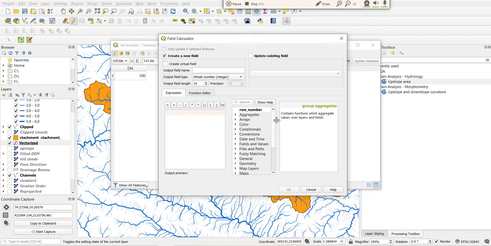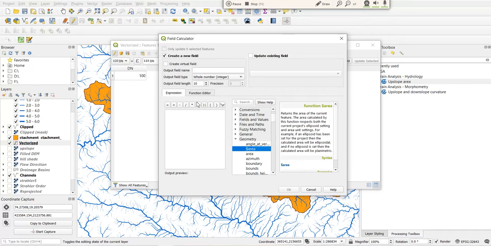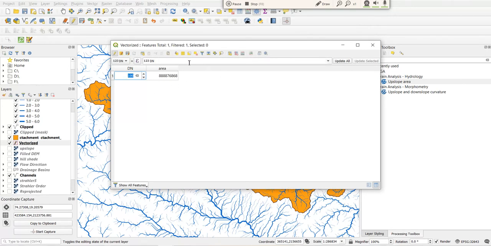We need geometry, and in geometry there is area. Let's say the output field name is area. You can calculate area here. Just double click it, and you can see here that it's 888 square kilometers. So this is the area of the polygon I can calculate.